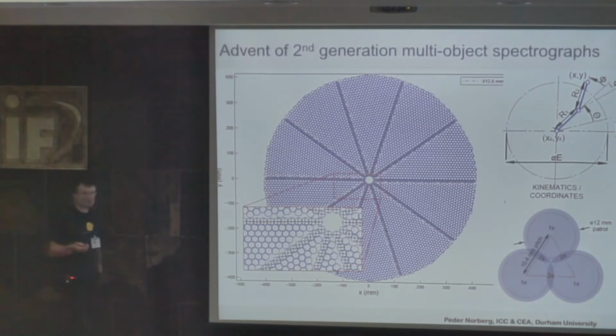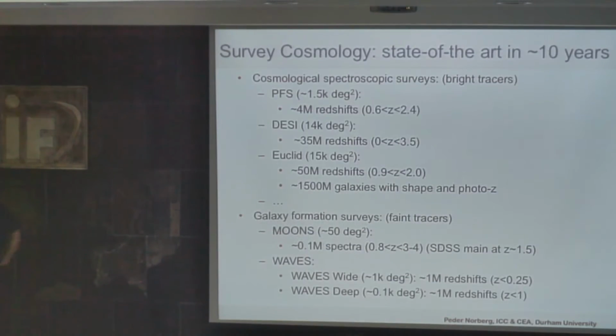Limitations that need to be accounted for in the analysis. We need to know how to deal with this. This is the patrol radius: each position here is covering different areas, and so on. All of these things, maybe technical and not seemingly relevant, are actually really important in analysis. This is something I learned when working on 2dF already, because that's how you can make good use of the survey. And this is part of the survey systematics.